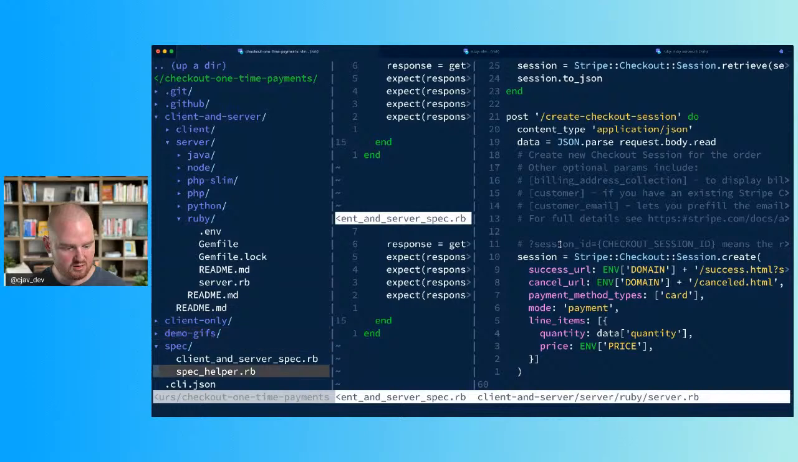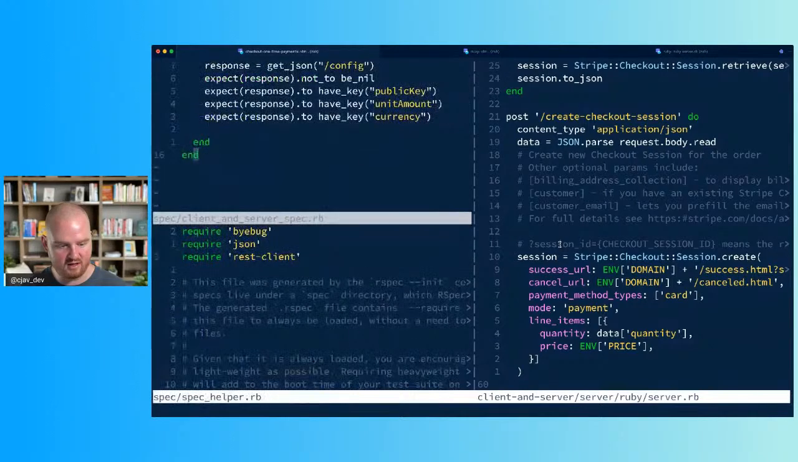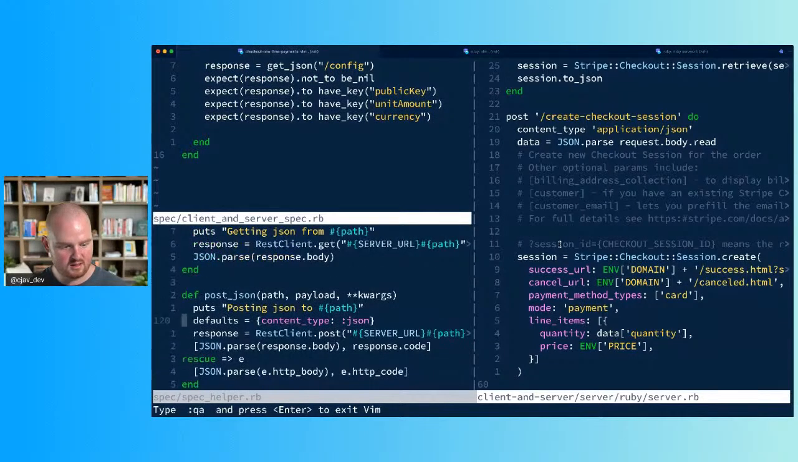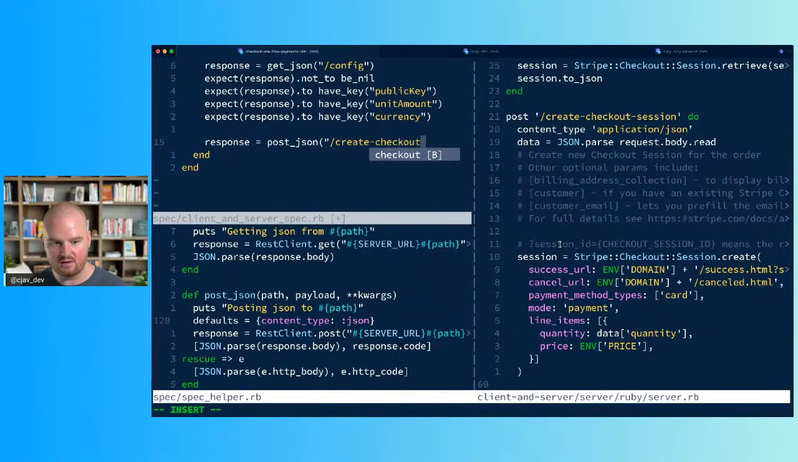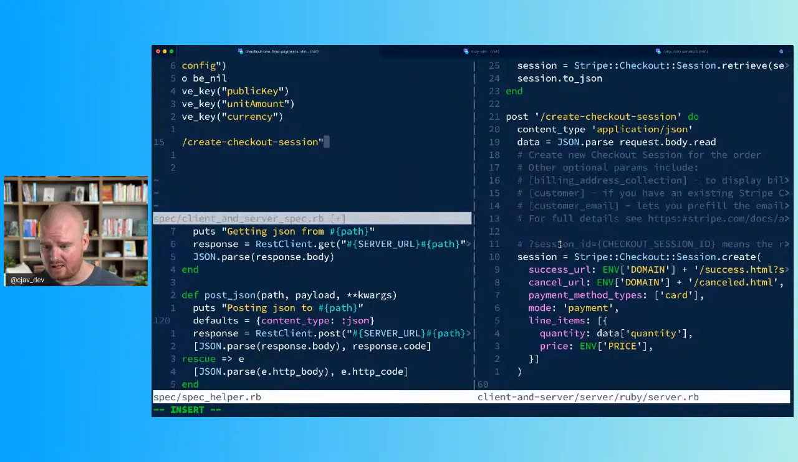So let's go back to our spec helper. I think we have a helper for posting. So we'll post some JSON. Response is equal to post JSON to create checkout session. And what are we posting? We're posting some data, and the data includes a quantity,